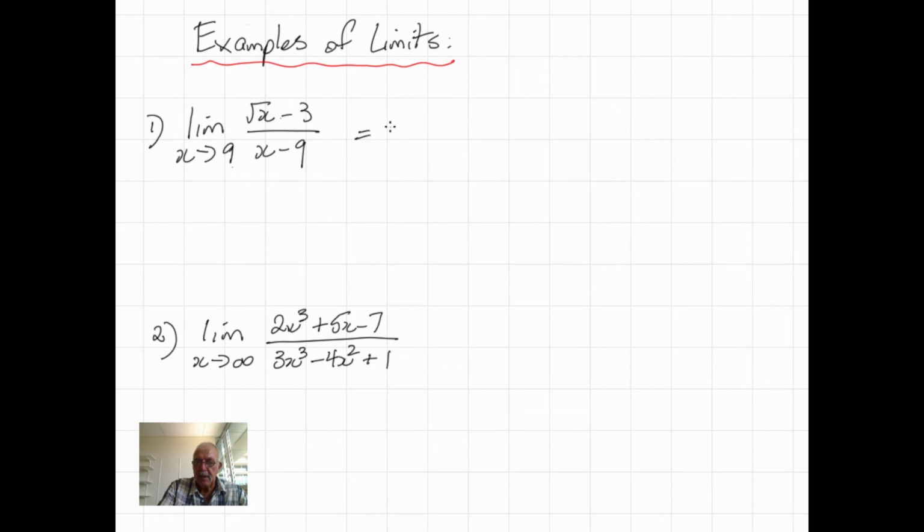So we can say that's equal to the limit as x approaches 9. The numerator stays the same. Now, x minus 9 can be written as root x squared minus 3 squared. So when you square root x, you get x, and 3 squared is equal to 9. Now this is the pattern which